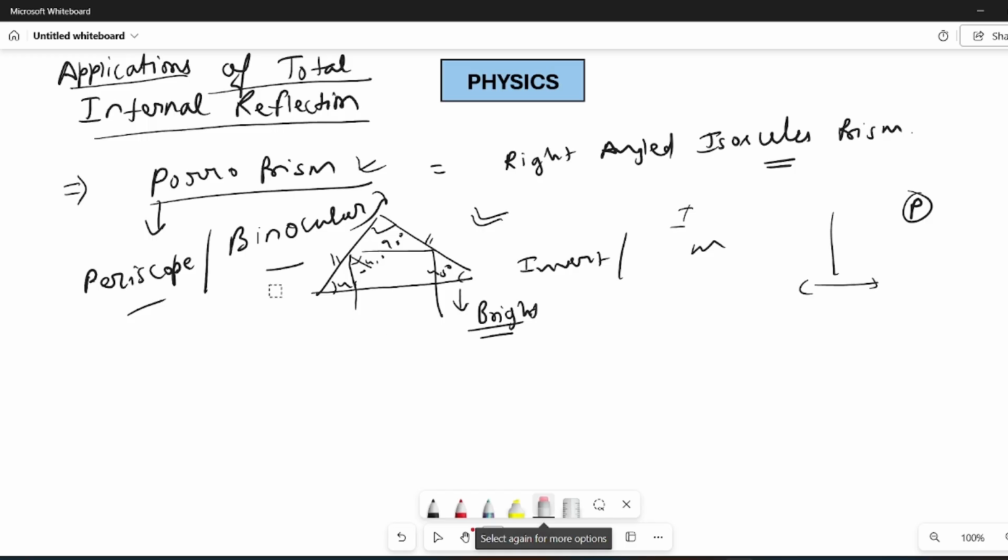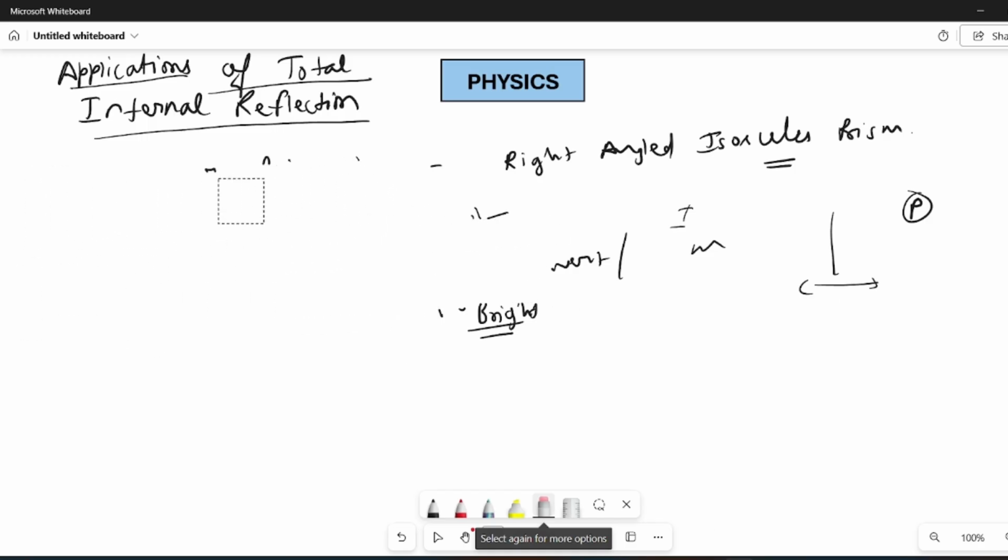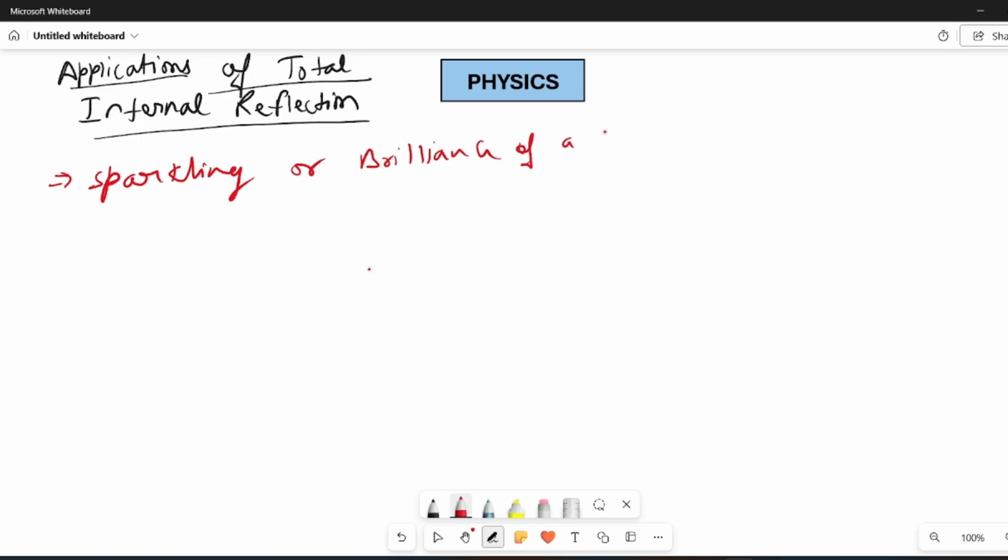Okay, the next concept, which is related to total internal reflection, is the sparkling or brilliance of a diamond. Now everybody has seen diamonds, at least in the movies or online. What is the property related to diamonds? That they sparkle. Sparkle meaning चमकते हैं, उनमें चमक आती रहती है और वो चमक आने के लिए